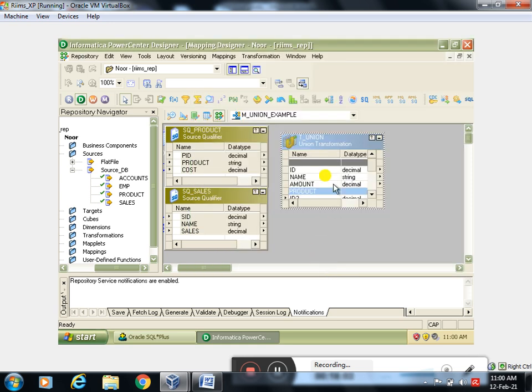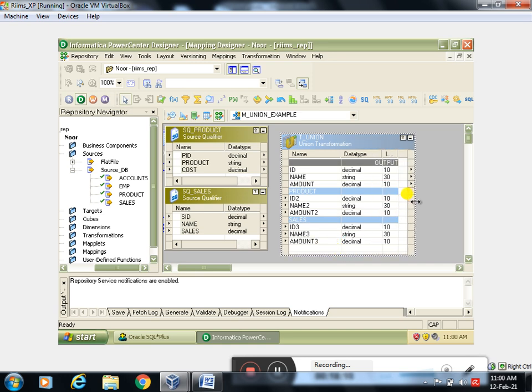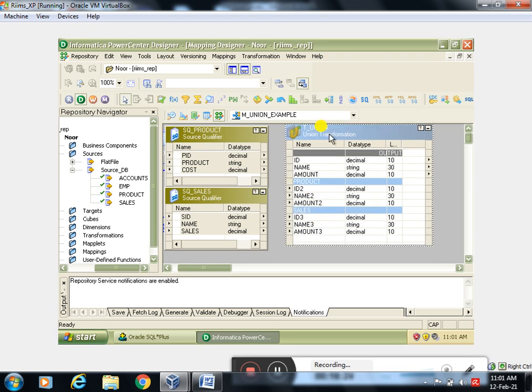Now here it is reverse to your router transformation. In router, the input group is at the top and output groups at the bottom. But in union, the output group is at the top and input groups at the bottom. Input means where we connect our source tables to the input ports, input group.